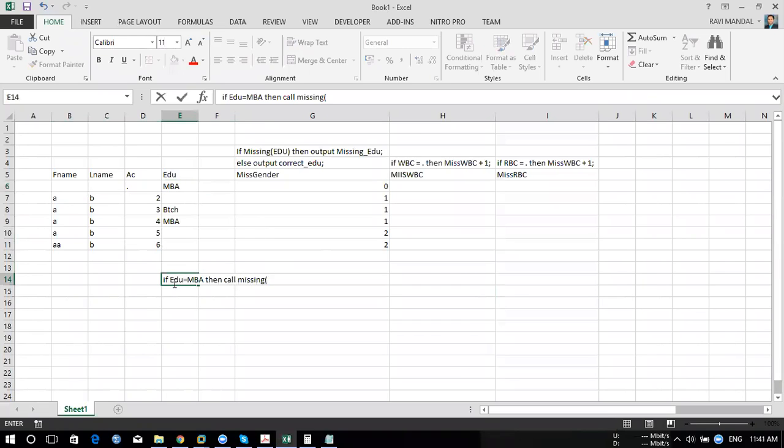Let's say I want to make F name comma L name as missing. So what we're trying to do here is, if I'm getting this true condition, these F name and L name won't be visible, won't appear here. It will show as missing because we are calling the missing functionality. So if this condition is true, this should show as missing.